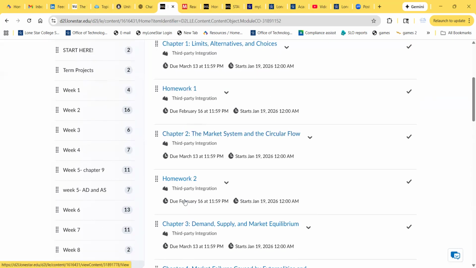And this is how homework basically works. For the midterm exam, we need homework 1 through 4. So I open them on day 1. See, they are open on January 19th and they are due on February 16th. Why February 16th? Because February 16th is the last day that you are able to take the midterm exam. So basically, the first 4 homework that are related to the midterm exam are open from day 1, and they are due on the last day that you can take the midterm.